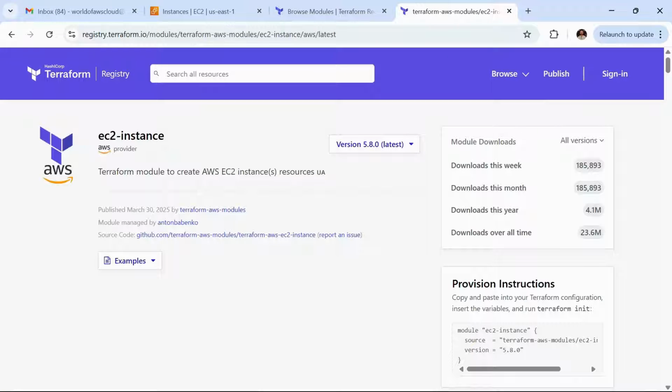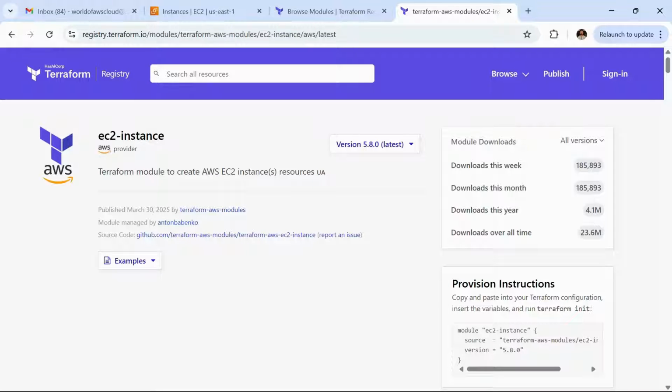If you see here, this is the Terraform EC2 instance module. Here we have the downloads over all time: 23 million downloads this year, 4.1 million downloads this month. In a week we can see this many downloads for this module.